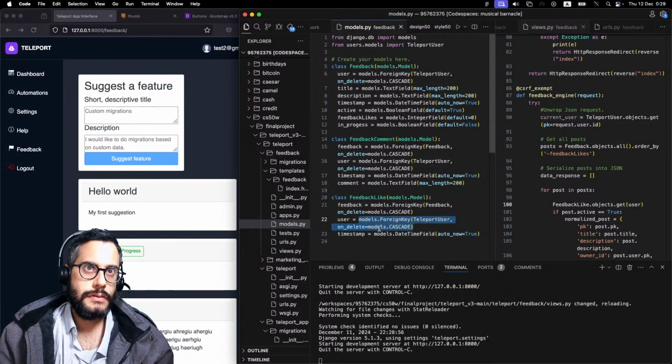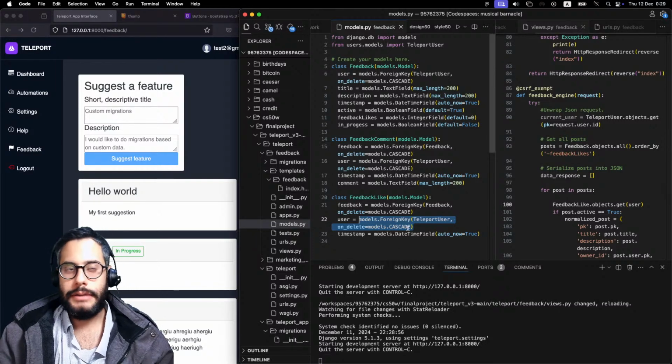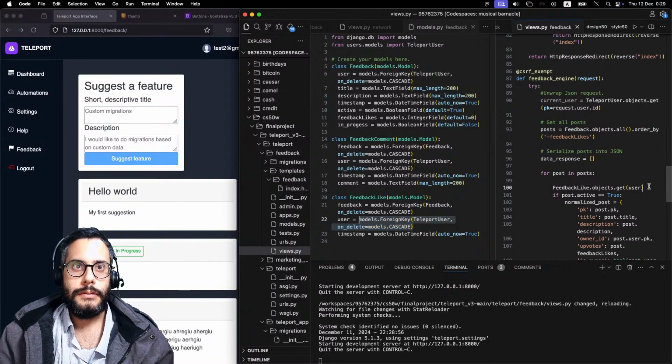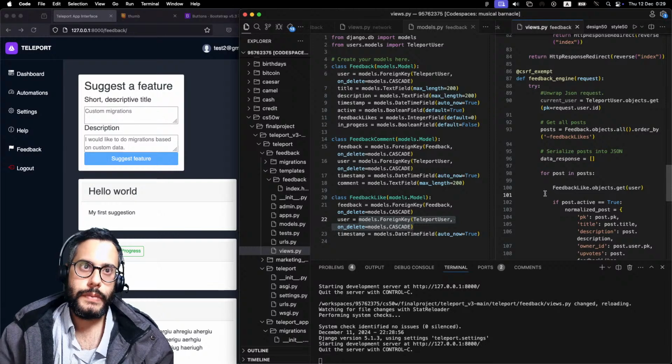I think that's correct. Let me see here. If it's not, then we can just use the PK, searching for the user's PK instead of the actual object, but I think it should work. So we have FeedbackLike.objects.get where the user is equal to current user